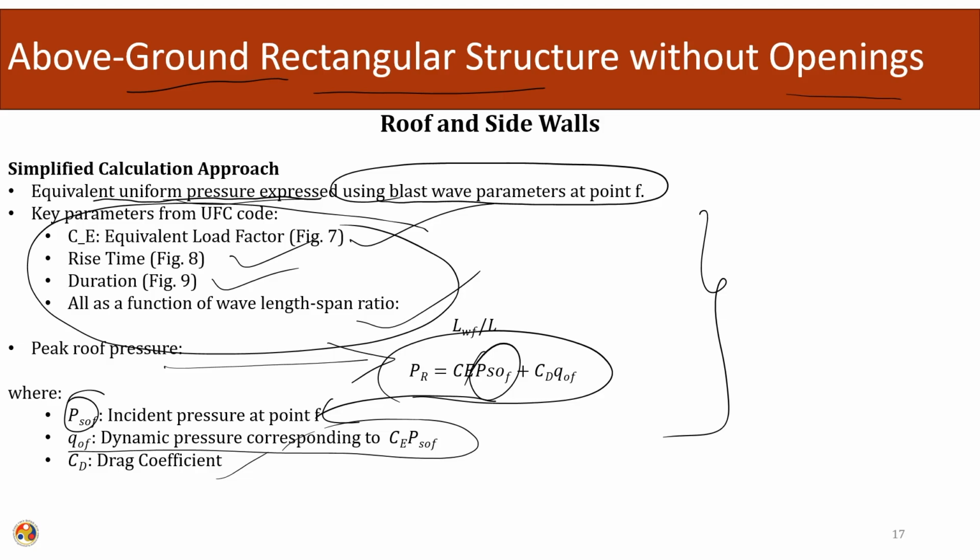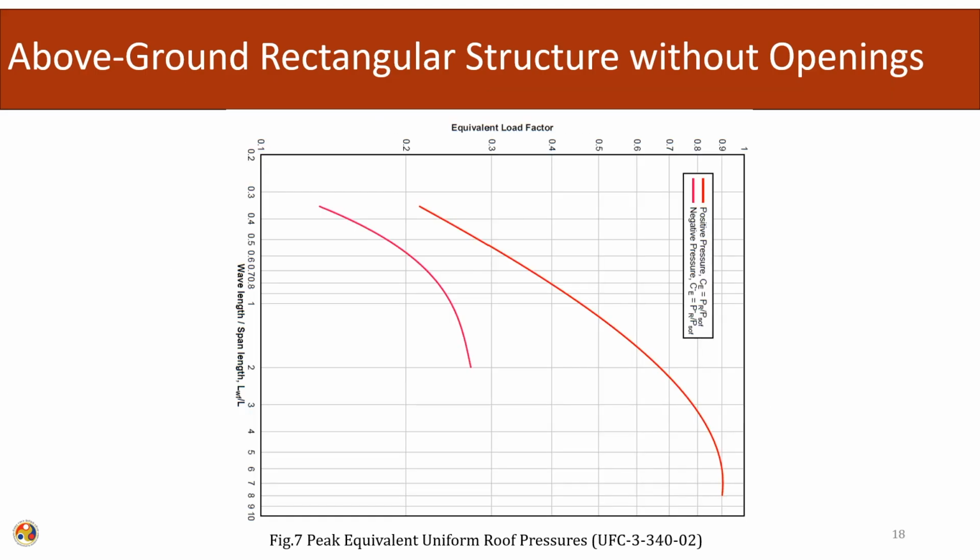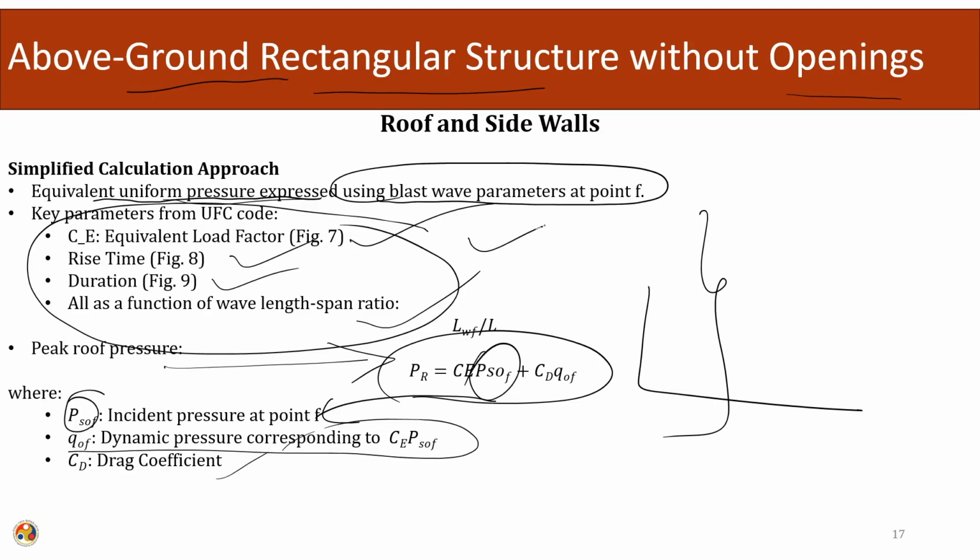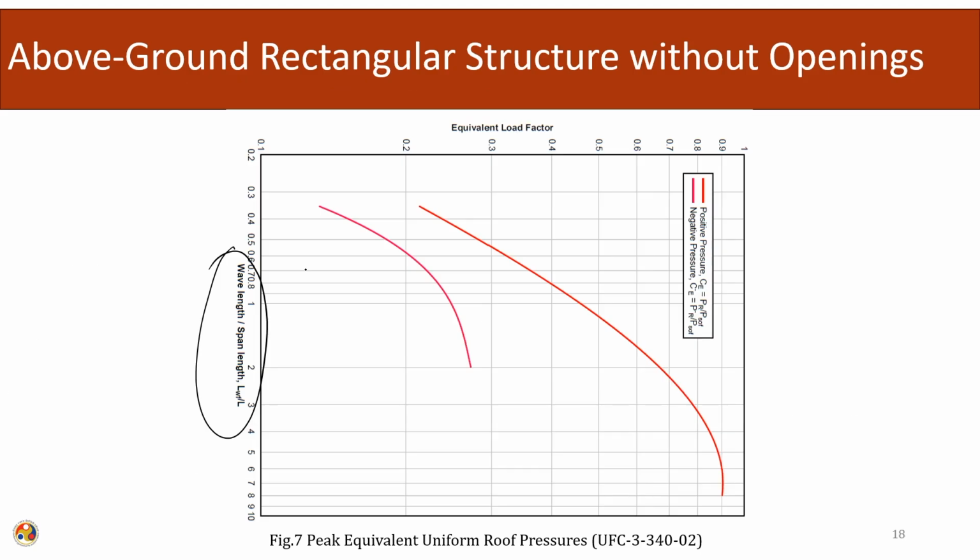What we are trying to do is calculate the signature of the blast loading at a point, and from there we are transmitting it to the design curves, the equivalent design curves for the design of the different elements: front wall, side walls, roofs. So, we can use this curve also. This curve also follows the same parameters. These are figures 7, 8 and 9. This is figure 7.